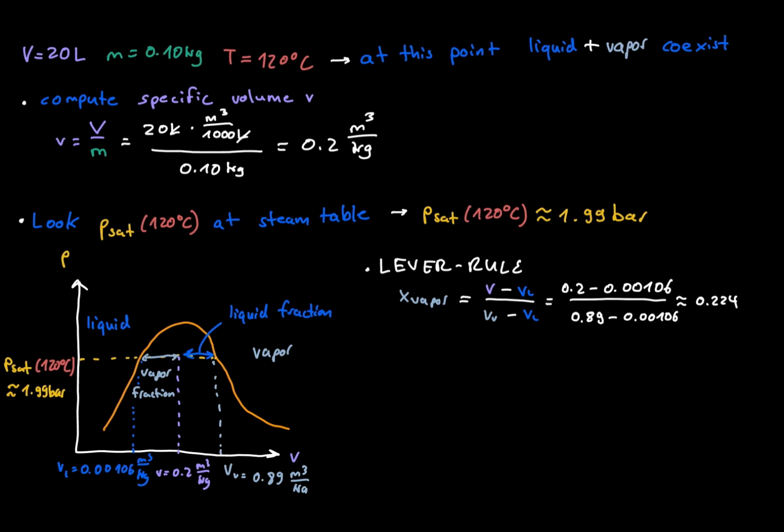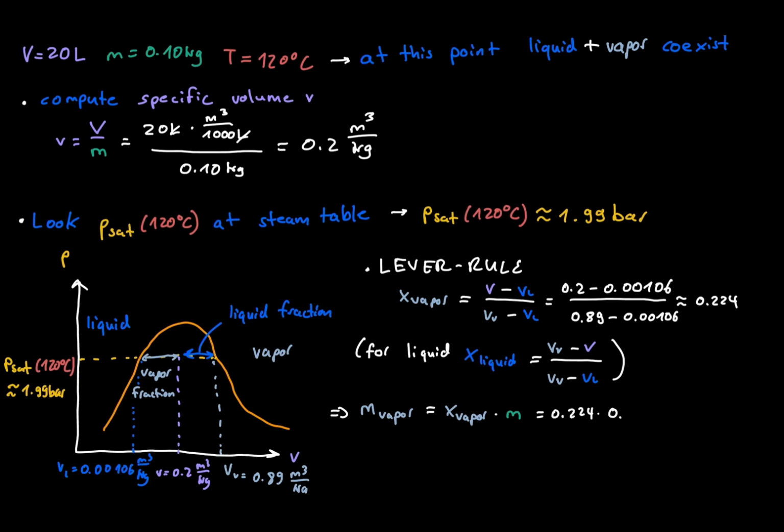Now we compute the masses. The vapor mass is x times the total mass. So 0.224 times 0.1 kilograms gives 0.0224 kilograms. The remaining mass is liquid, so about